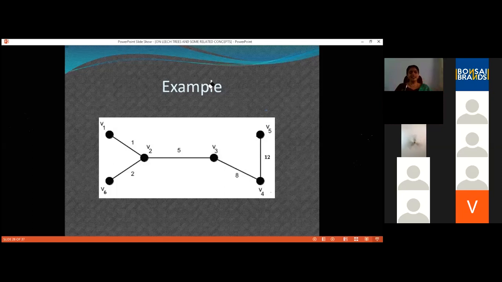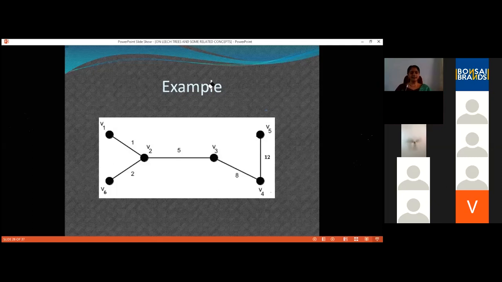And this is a graph on 6 vertices, so there will be exactly 6C2 equal to 15 paths. So we can be sure that we have investigated all paths and there are no repetitions. So this gives me a modular leech tree on 6 vertices, which is not a leech tree.